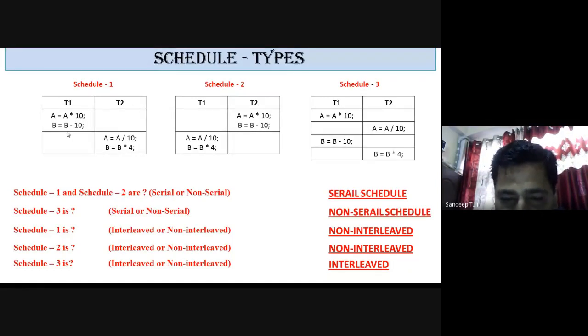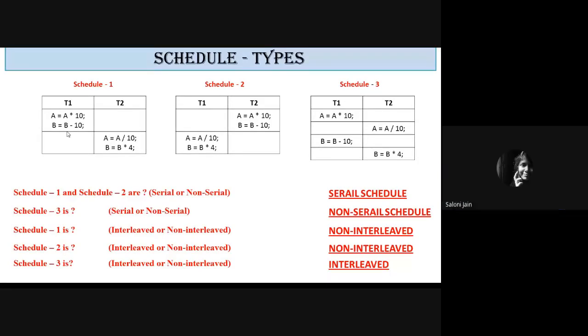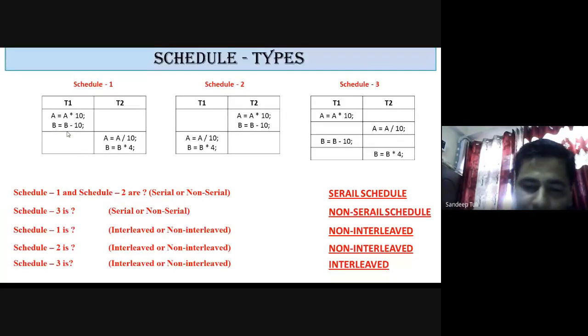These four terms you have, serial schedule, non-serial schedule, interleaving and parallel schedules, is it clear to all or not? Yes, sir. Anybody wants to ask anything? You can unmute yourself and ask now. I want it to be clear to all: what is a serial schedule, what is a non-serial schedule, and what is interleaving and what is non-interleaving. Everyone should know these things. Is it okay now? Anyone wants to ask anything?